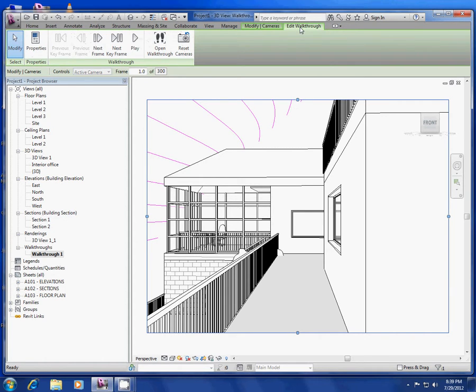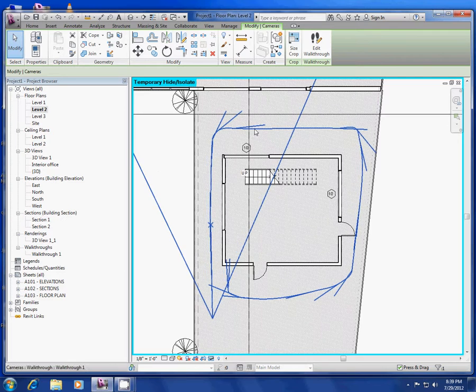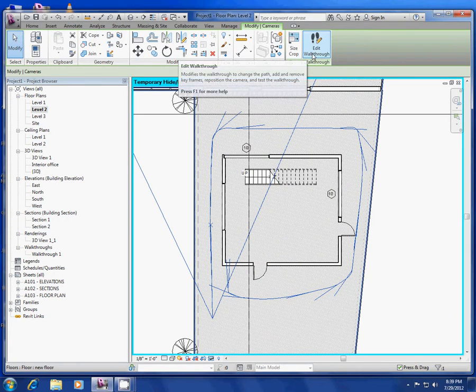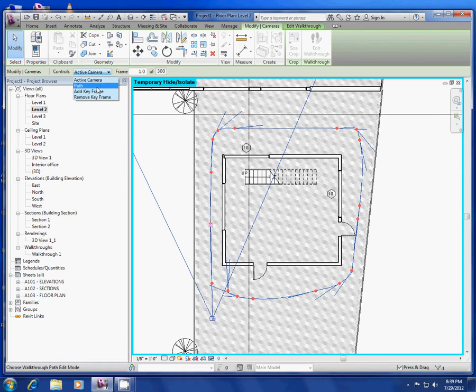It's missing a tab. So let me go to level 2. Click this here. Edit my walkthrough. Here we go. So I want to, if I wanted to add a keyframe, remove a keyframe,